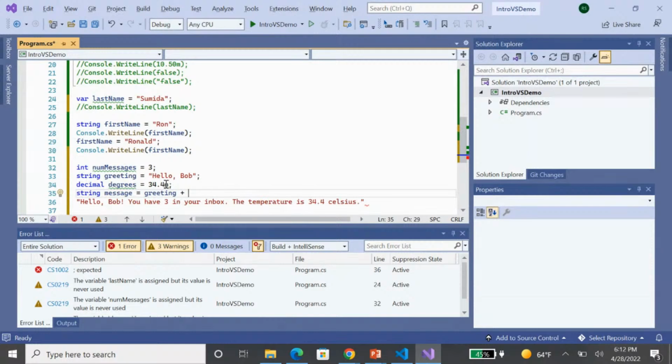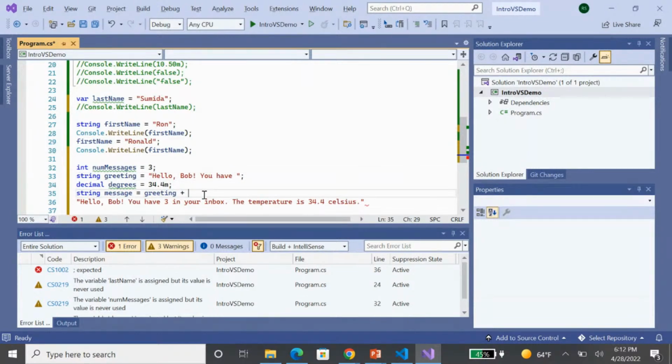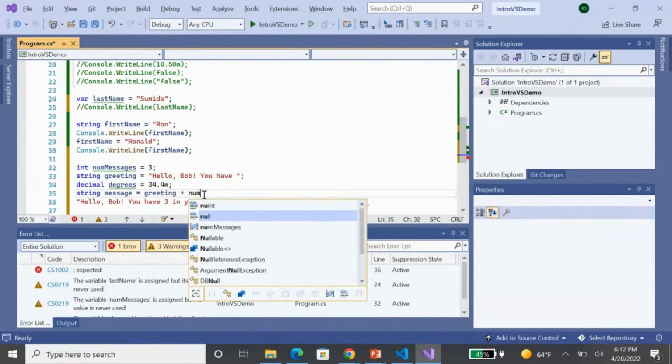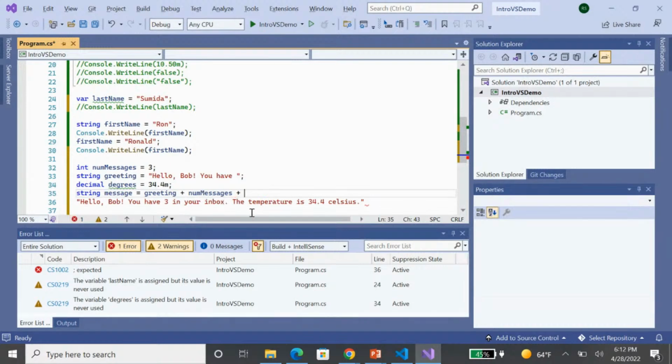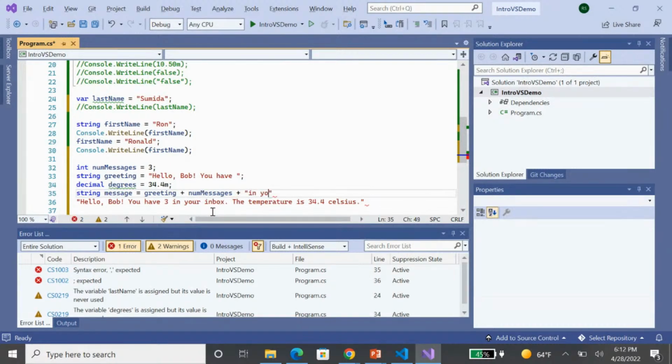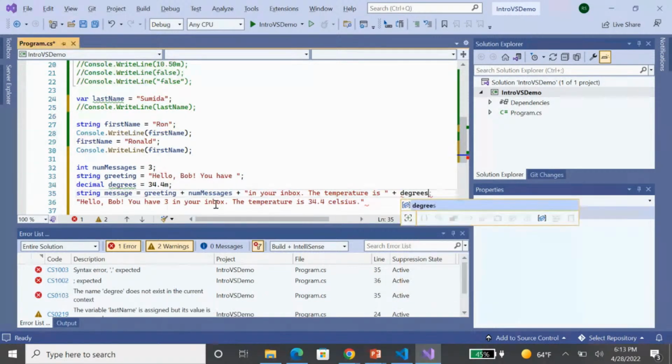This is one technique. So here's what I want to start with, "Hello, Bob", right? And then I'll do the next part of the string. In fact, let me make it a little simpler. I'll do "Hello, Bob!, you have". And then for the 3 part, I'm going to write out whatever the num messages is, like this. I can say num messages plus, and then do the next part, which is "in your inbox. The temperature is",